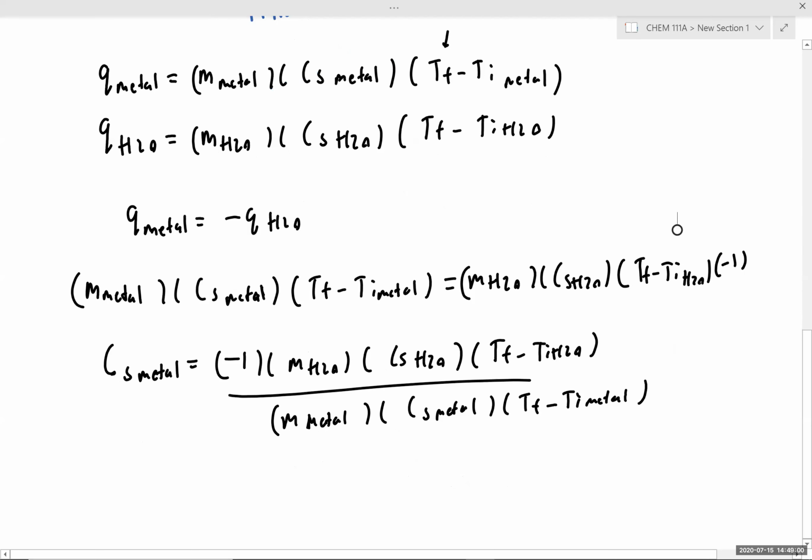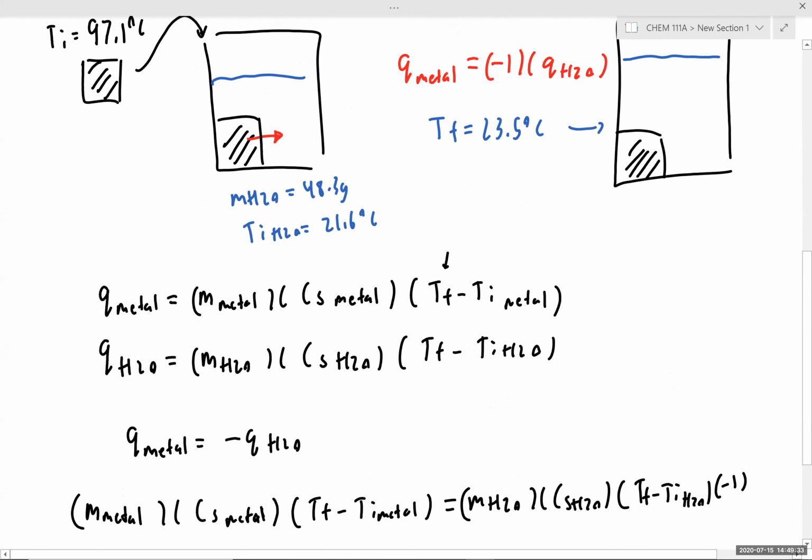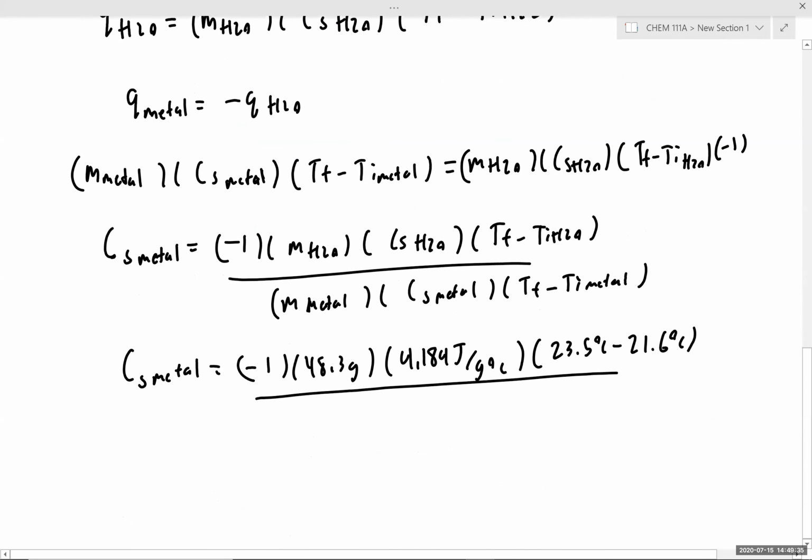So plugging this into our calculator, the specific heat of our metal is equal to -1 times the mass of water, which is 48.3 grams, times the specific heat of water, which is 4.184 joule per gram degrees Celsius, times the final temperature, which is 23.5 degrees Celsius, minus the initial temperature of 21.6, over the mass of metal, which was 9.9 grams, I believe. Yes, 9.9 grams,